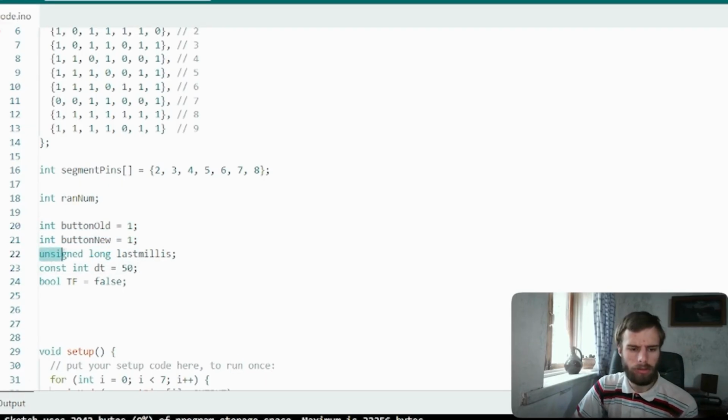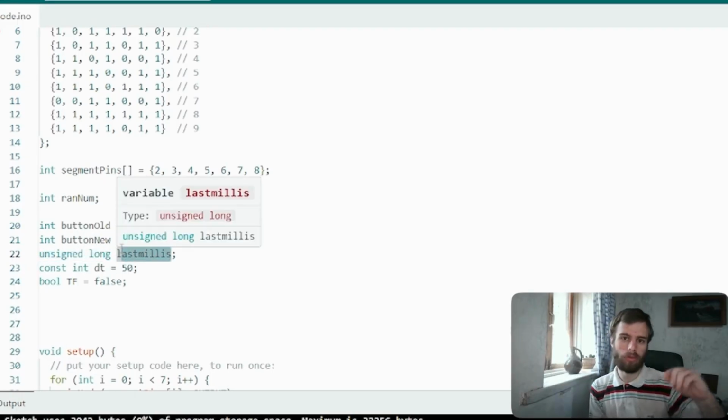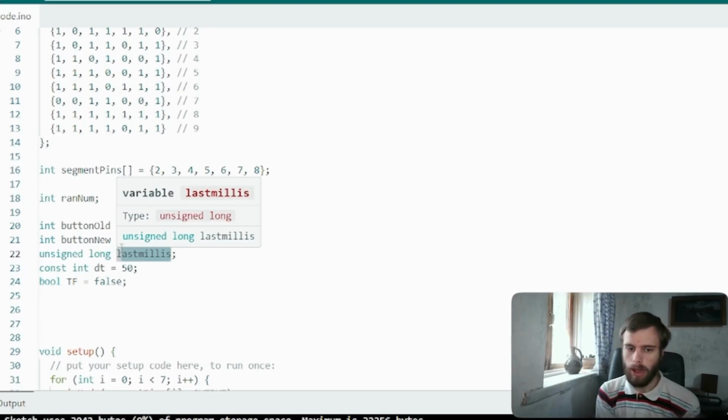Then we have an unsigned long, lastMillis. This is going to be storing the last millis right when we have let go of the button, so that we can get past the bounce time. We have to wait a certain amount of time until we check and make sure that we should actually make a new random number to display on the 8-segment display, because we're trying to bypass that bounce issue. So we wait a couple of seconds for that to pass, and then we start reading it again